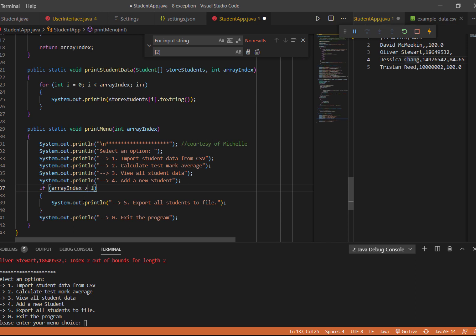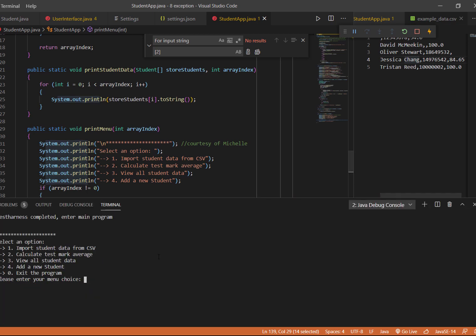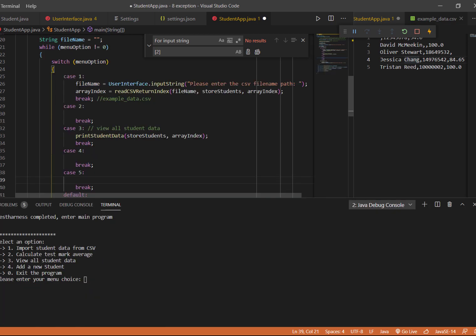If array index is more than 0, then only, actually don't use more than, use not equal. If our array index is not equal to 0, then we print this. Should be correct. Let me run it. Okay, correct. Then file name is equal to,